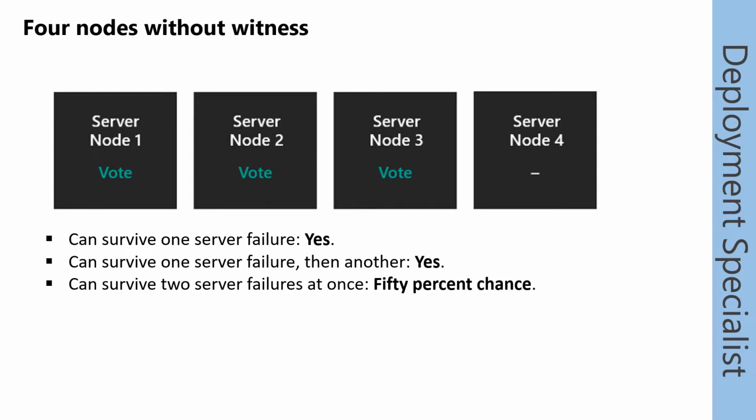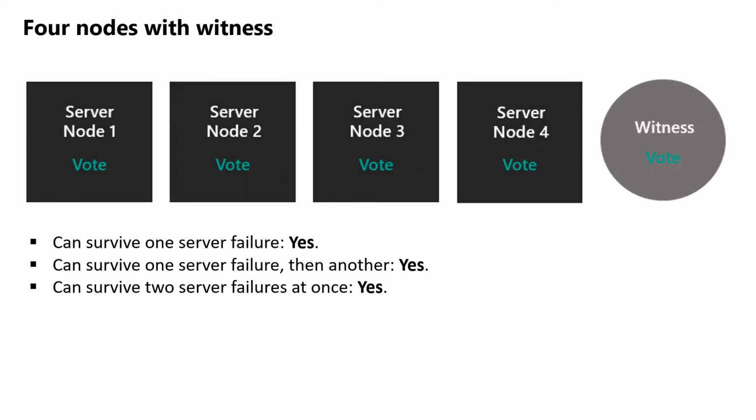the situation, if we have 4 servers without a witness, 1 server will be configured without a vote to ensure that we can survive a situation where maybe 2 failures happen at the same time. Let's imagine these 2 servers fail, then the first 2 servers can survive. But if the other 2 servers fail, these servers on the right-hand side cannot survive because they only have 1 from 3 votes. A better situation is to have a witness, because then we can survive a failure of node 1